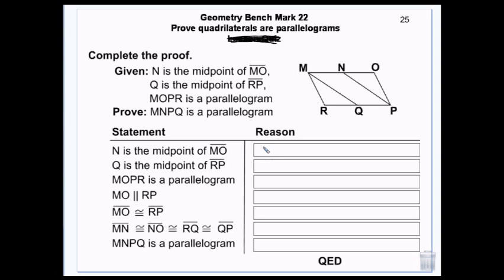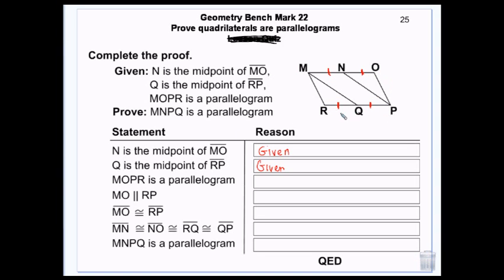So we have that N is a midpoint of MO. That makes these two the same length. And then we have that Q is a midpoint of RP. That makes these the same length as each other. And you'll notice I'm not using different markers because